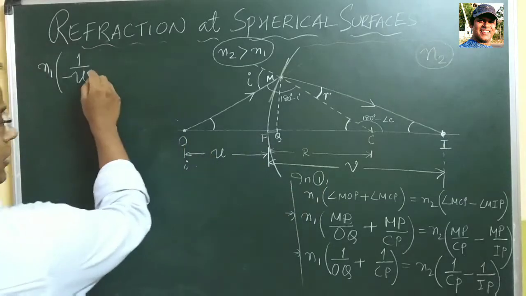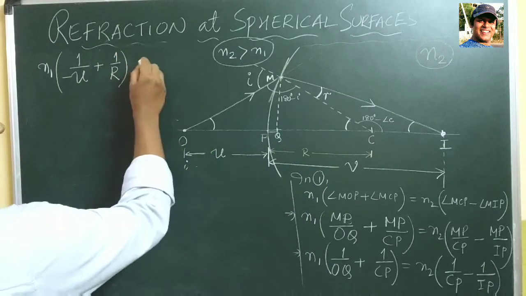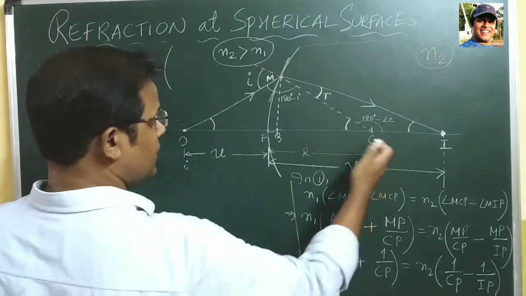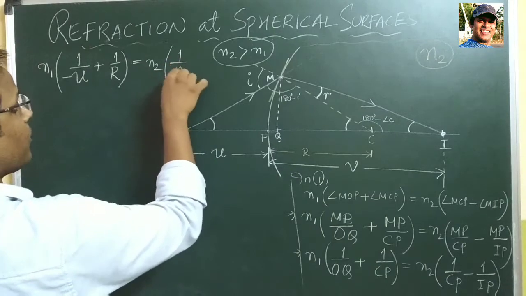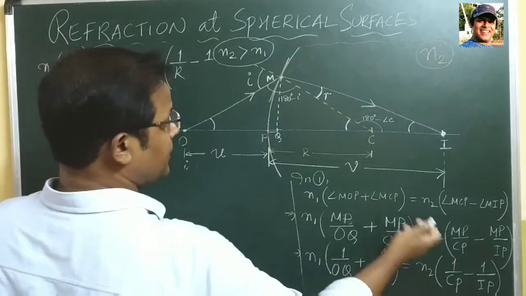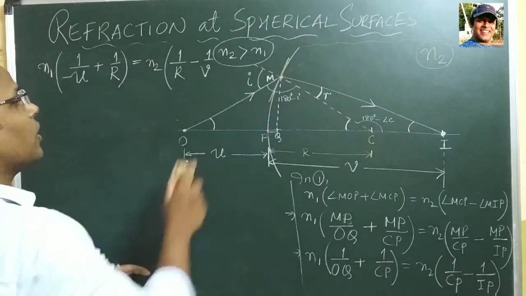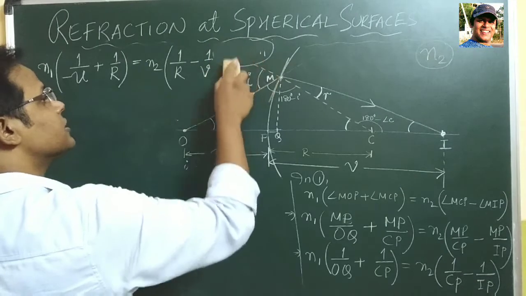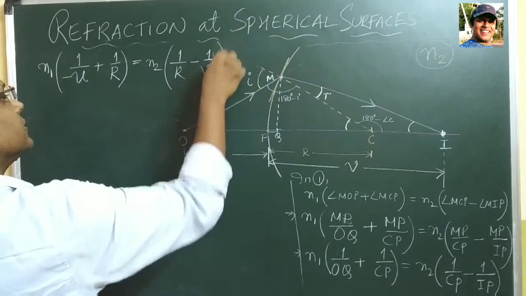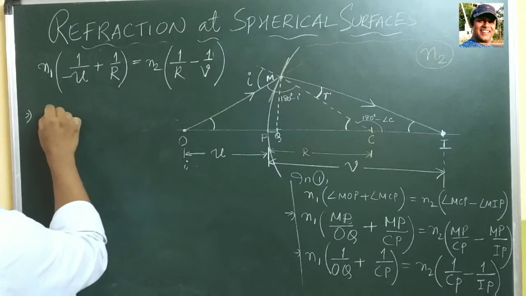CP is your radius of curvature, so I put it as 1 by capital R is equal to N2 multiplied by 1 by CP, the same thing, 1 by positive R minus 1 by IP. So again on the right side, so not an issue at all. Let us not disturb our equations. I get rid of that old matter. Okay, right. So what we have right now is